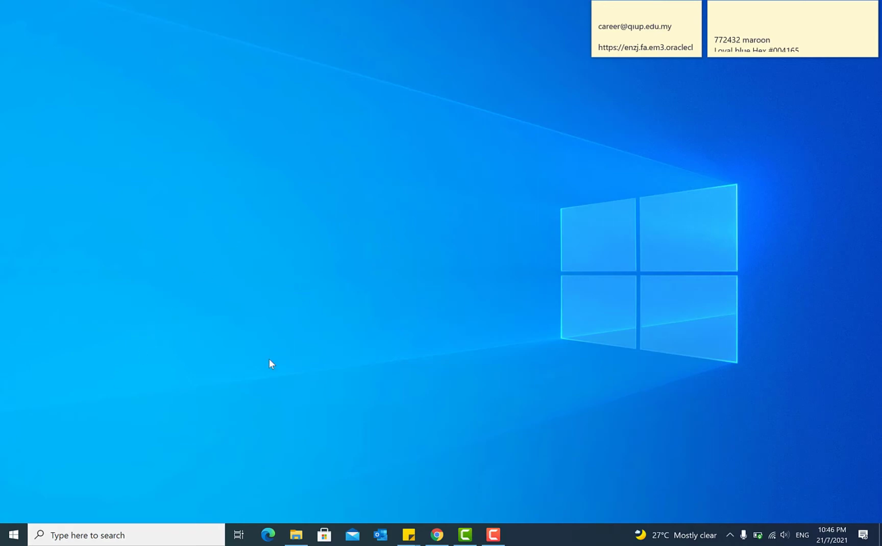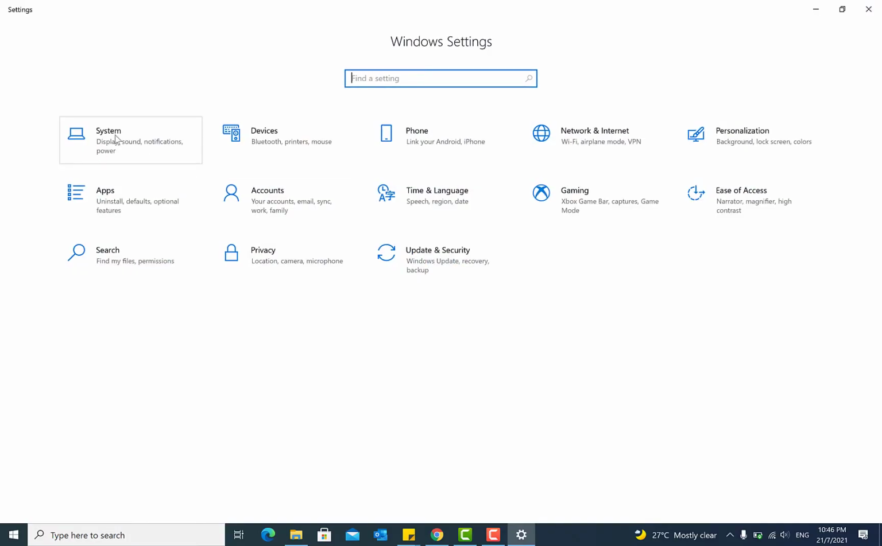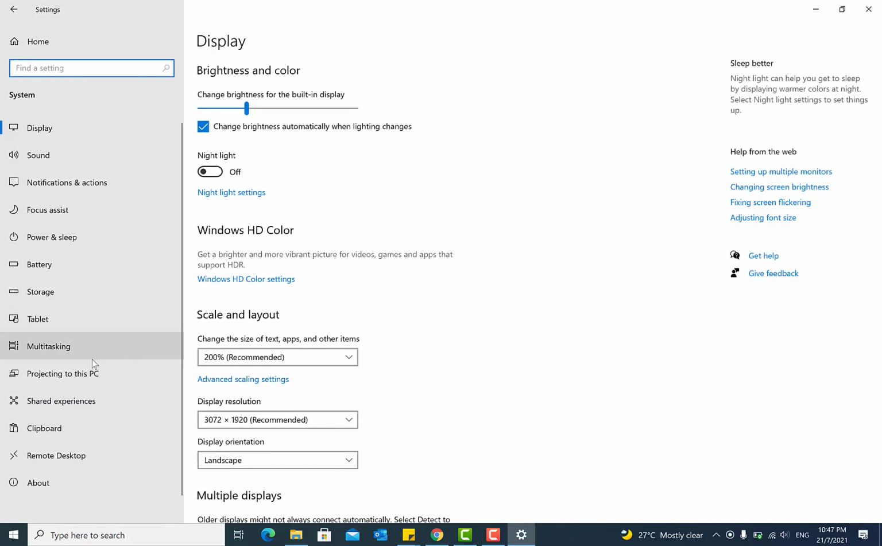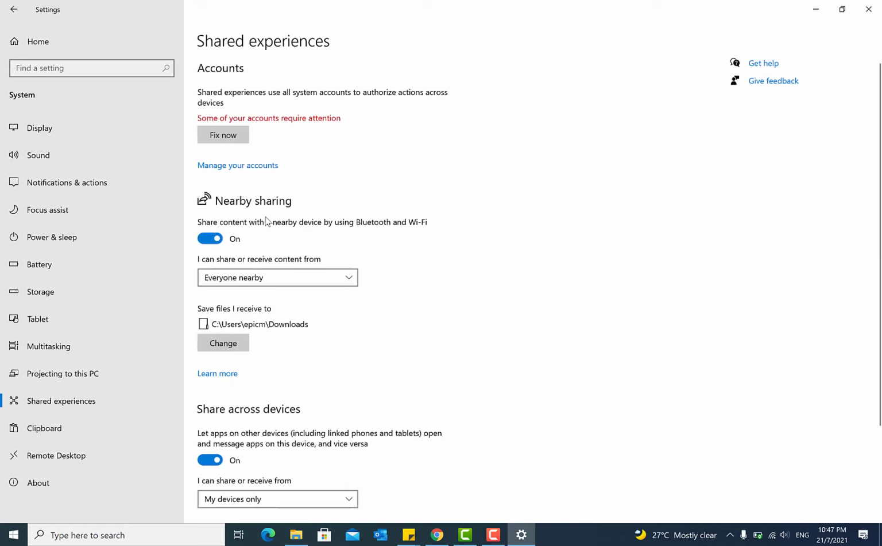So to activate this sharing nearby, all you need to do is to come over to the Windows menu here and then go to settings. Navigate all the way to system and then you come down here to shared experiences, and you should make sure that this sharing nearby is enabled. So you can share content like it says using Bluetooth or Wi-Fi directly. Once you are on Wi-Fi or you have Bluetooth in your device, you can easily share content with your partner,